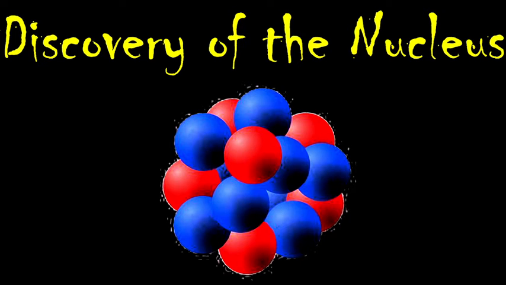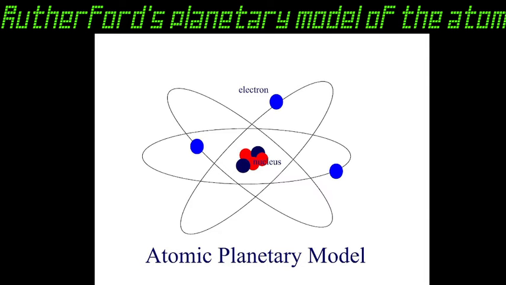Now, Rutherford's planetary model of the atom. Based on his findings, Rutherford postulated that an atom has a nucleus at its center, which is a dense mass of positively charged particles. The electrons moved around the nucleus. Rutherford compared this model of the atom to a mini solar system where the nucleus is like the sun and the electrons are like the planets that orbit the sun. Scientists were quick to point out a flaw in the model. As positive and negative charges attract each other, what prevented the electrons from falling into the nucleus?